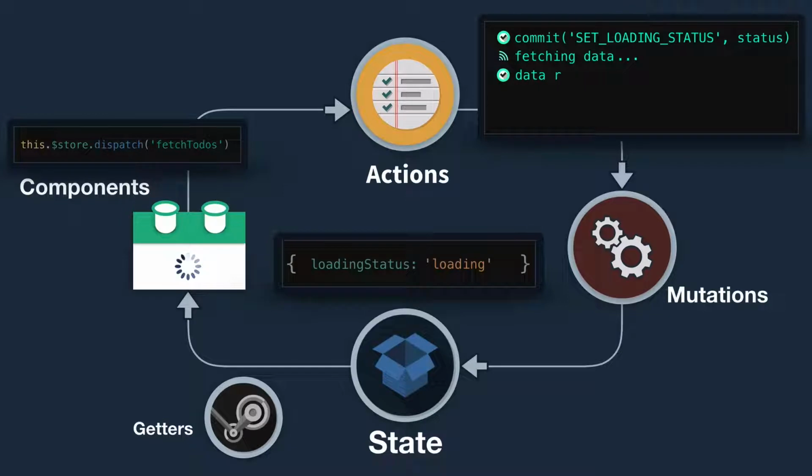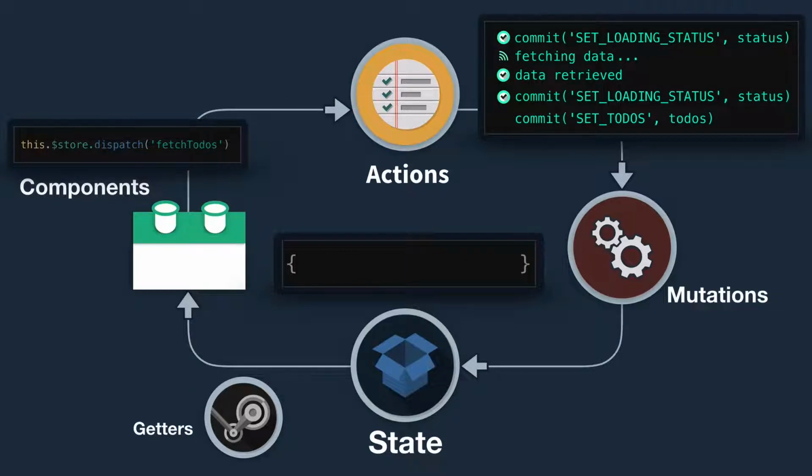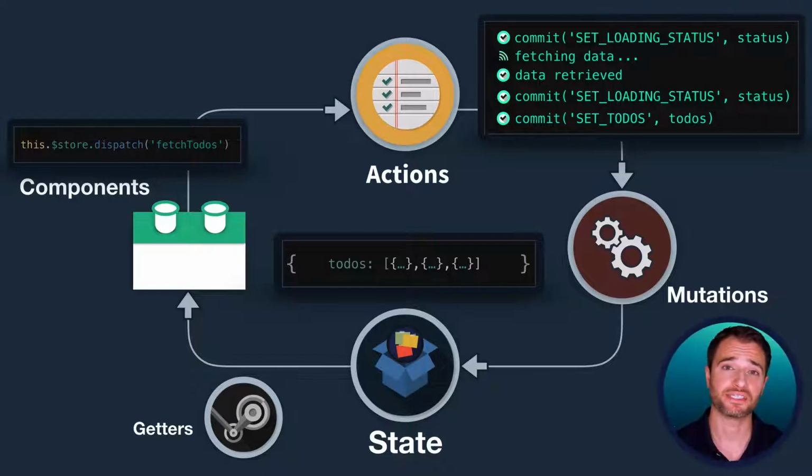And when the response returned, another mutation was committed to set the loading status back to false. And then a final mutation was called to take the response from the API call and add it to the Vuex state. So as we can see, just by calling one action, we're able to perform a lot more complex behavior, including